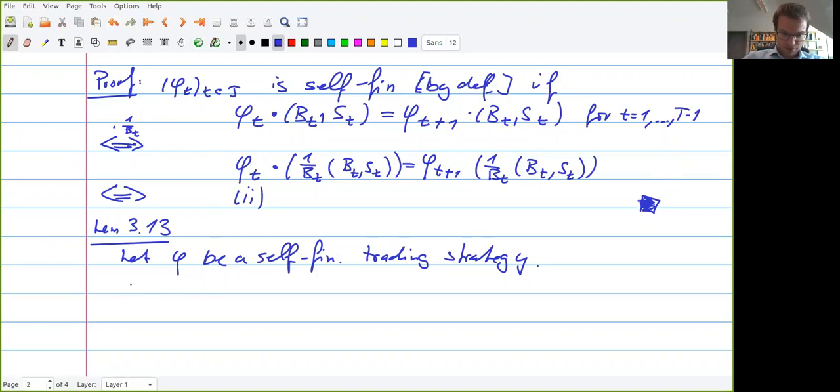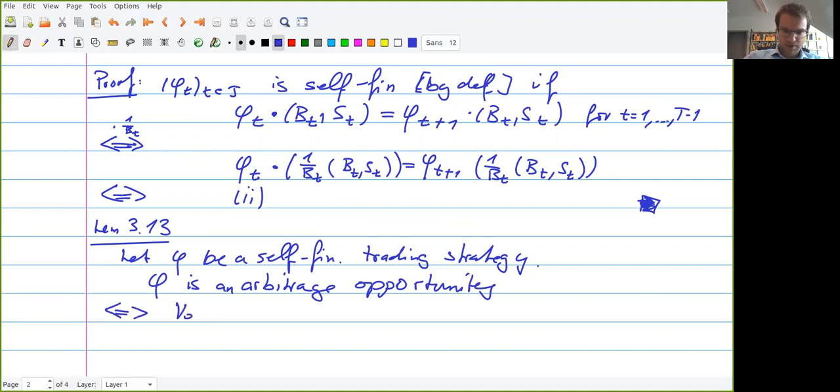So what are our equivalent formulations? The first one is phi is an arbitrage opportunity. So it's a way to make money without risking to lose any money. This is